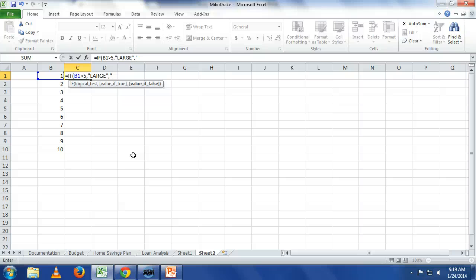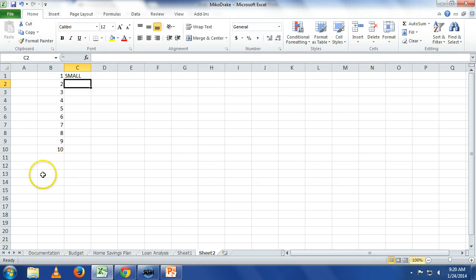I'm going to put in here small. So what's going to happen here is it's going to analyze B1. If it's greater than 5, it's going to do whatever's next, and it's going to put in the text large. If it isn't greater than 5, if that condition's false, it's going to put in the text small. If I hit enter,